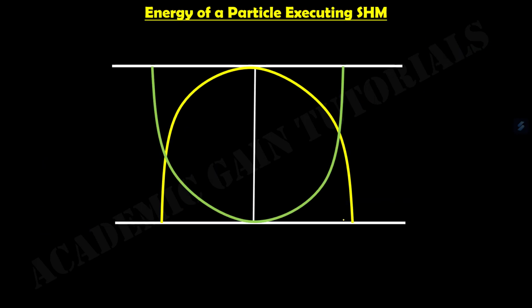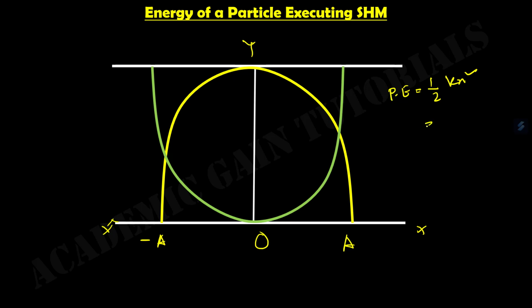So let's see the graphical representation of this simple harmonic motion. This is x and x prime, this is the origin O, and this is y. The origin means the mean position, and this is the displacement minus a, and this is the displacement plus a, representing the back and forth displacement. This represents plus a and this represents minus a. Now coming back to our energy equation, we know potential energy equals